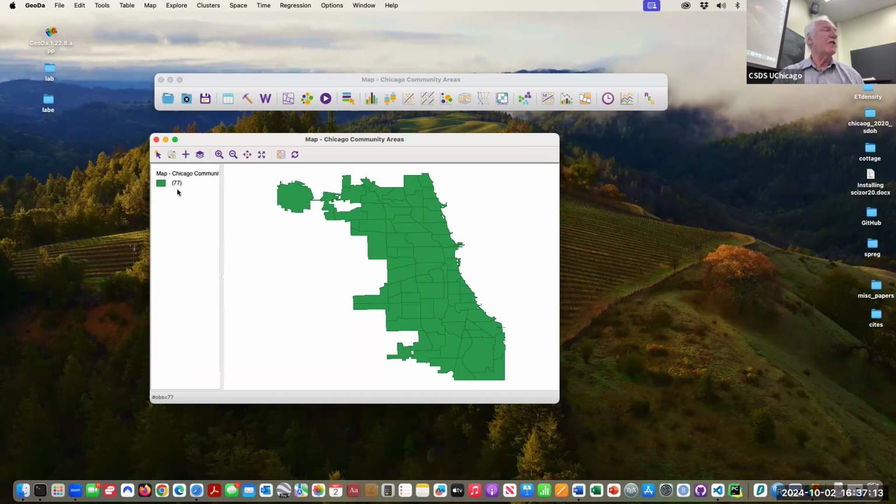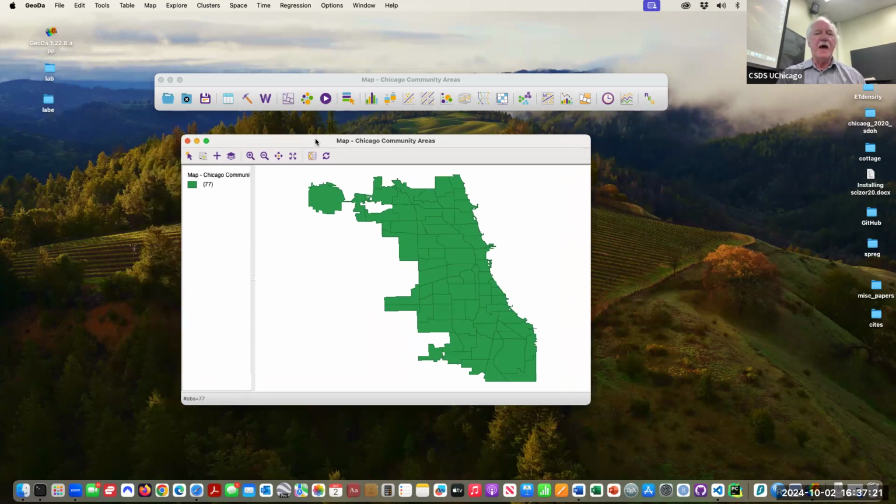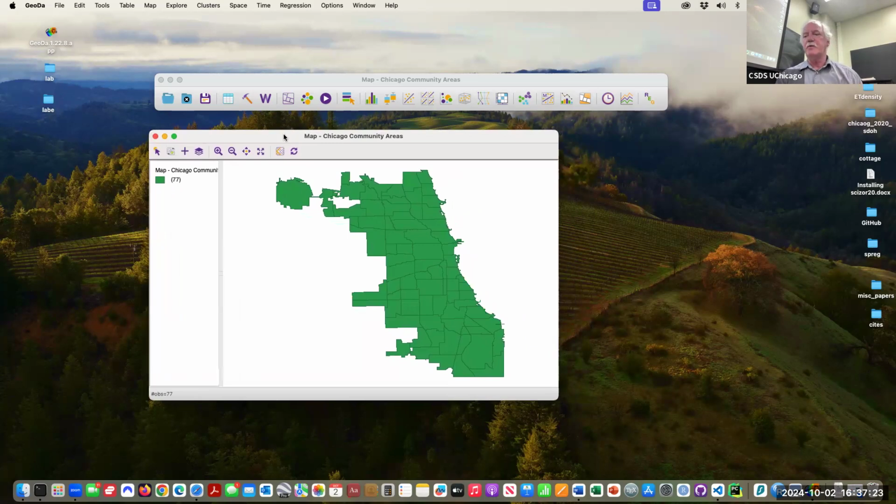But there's 77 of them. It says it right there, right? And it also says it here at the bottom. Okay. So this is a map. I'll talk a little bit about maps today, not too much. We'll have a whole lab devoted to maps in its own right. I just want to kind of walk around and show you the different functionality, very high end view, and then